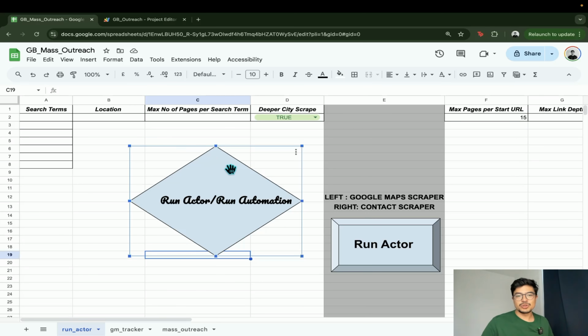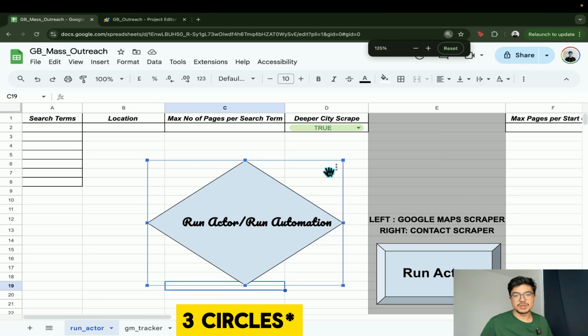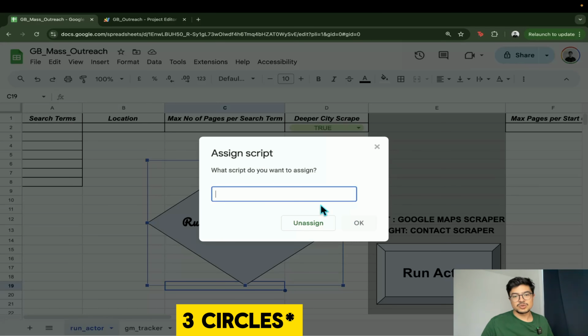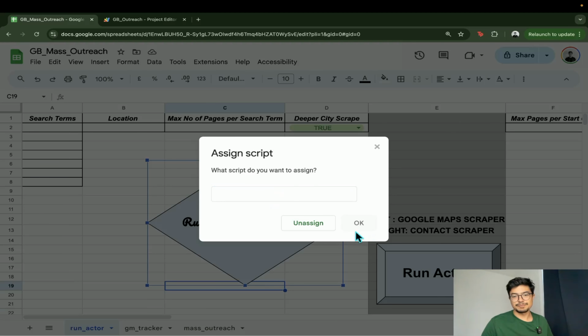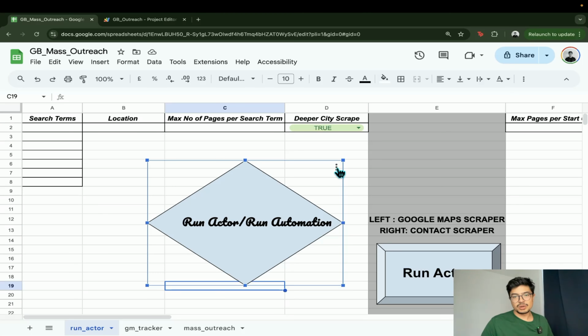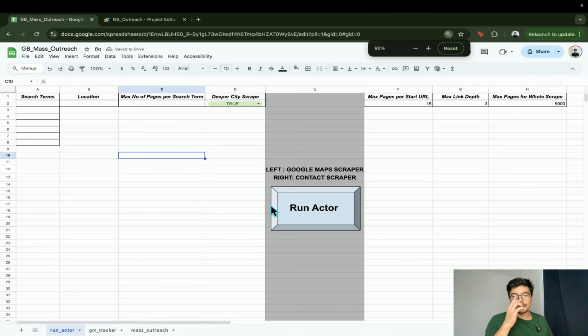Okay, so how do you link this button to the app script? Well, you go ahead and hit the 3 buttons here, right? And then you can assign a script. We are going to come back to this in a sec, okay? But anyways, I have the button there, so I'm gonna go and delete that. Go to the same place and delete. And yeah, so that's the first